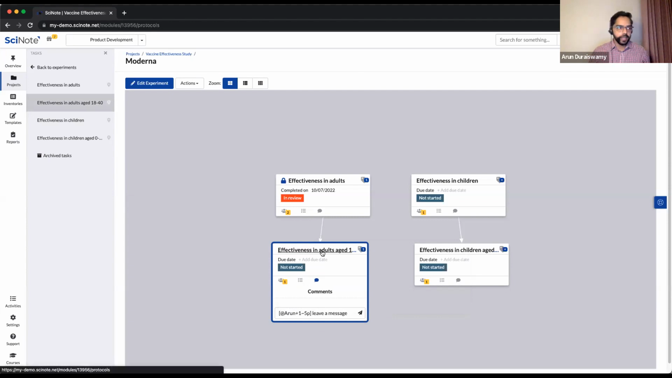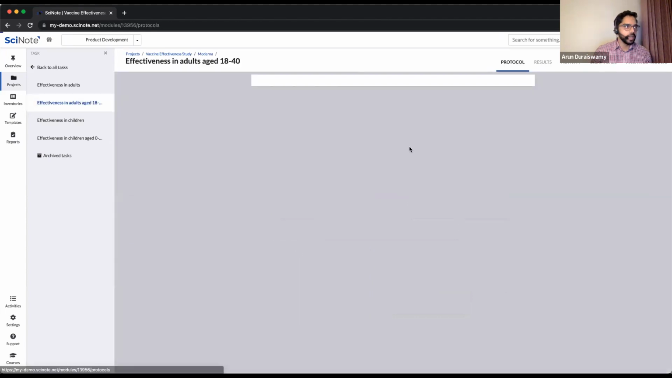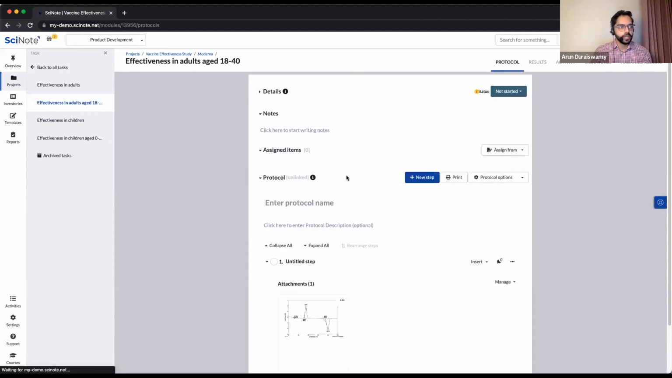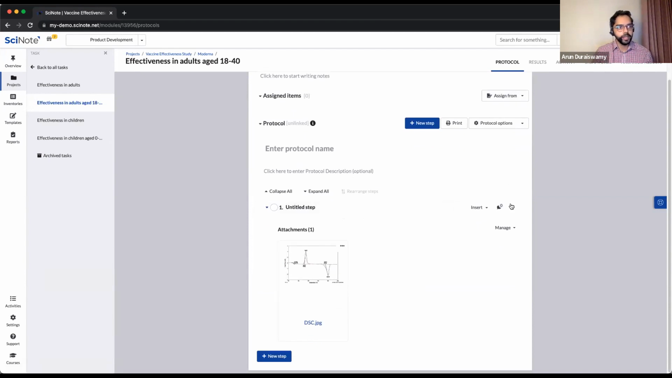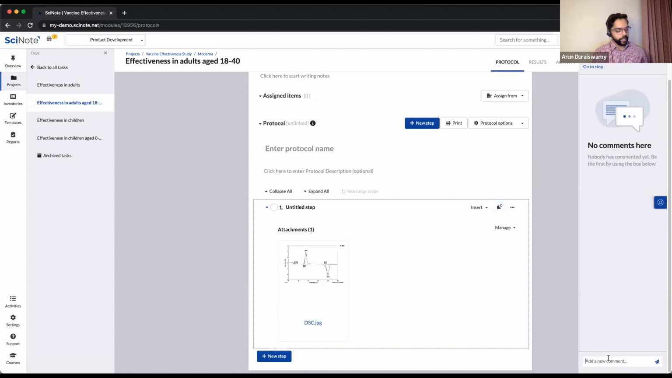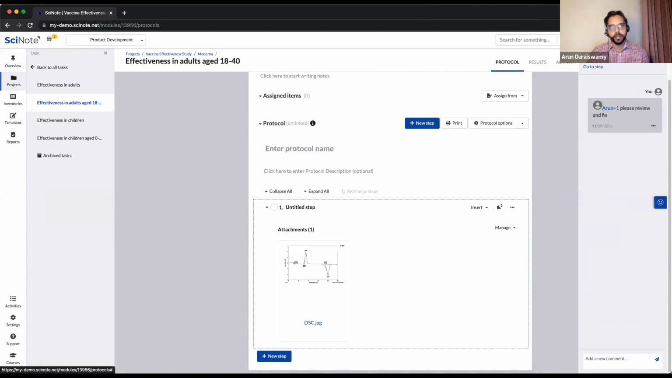Of course, inside the task as well, you have the opportunity to drop comments on specific steps. So for example, I have a step here. If I want to leave a comment specific to this step, let's say I notice that something is incorrect or needs to be fixed, I just click the comment, same thing, @ find someone on the team and say, please